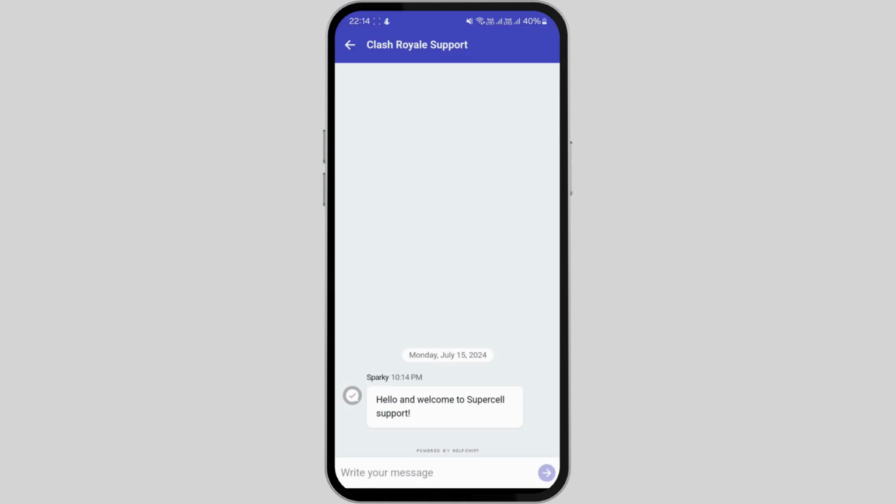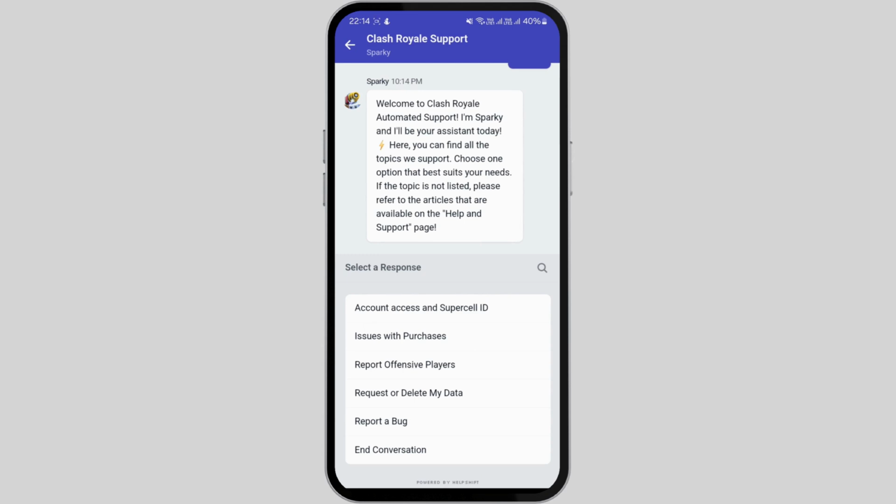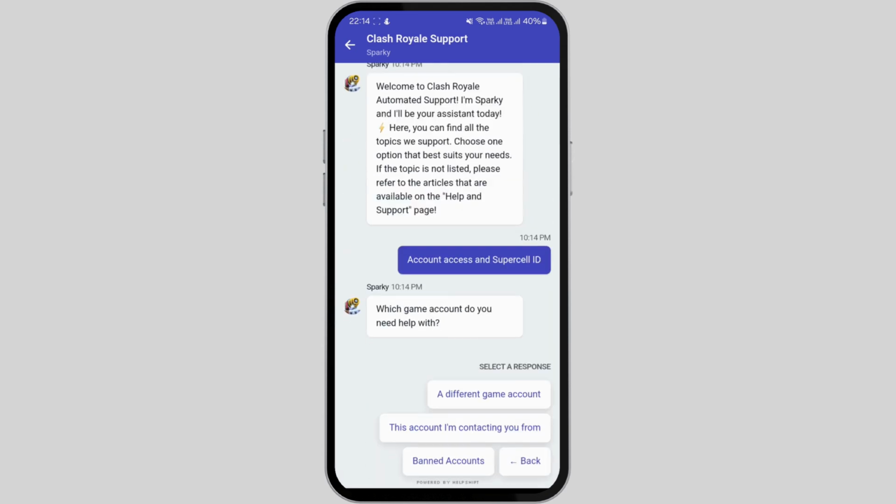Upon connecting to customer support, proceed by selecting the category related to the login and Supercell ID issues. Within this category, you should find the option to initiate the account recovery process. Follow the prompts and provide the necessary information as requested, and be prepared to answer the questions about your account